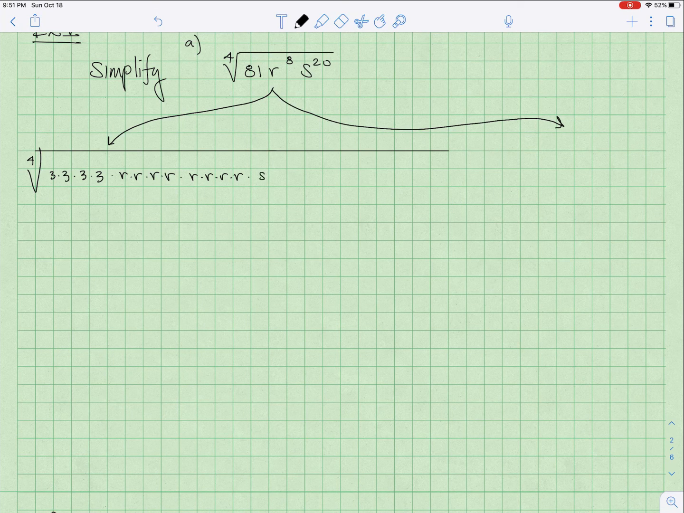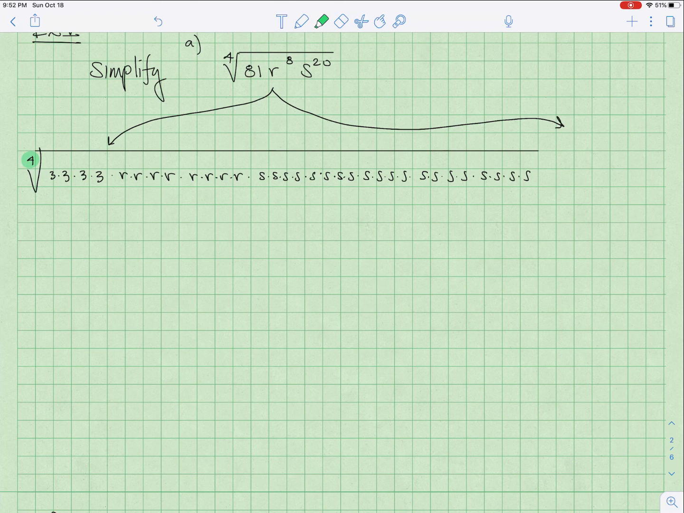Then s to the 20th is s times s times s times s times s times s times s times s times s times s times s times s times s times s times s times s times s times s times s. Yikes. Holy moly. Now, since we're working with a fourth root here, we can break this up and group things